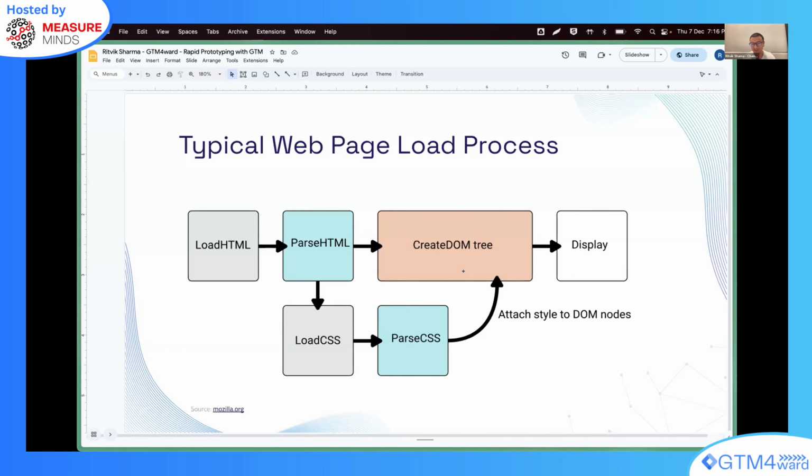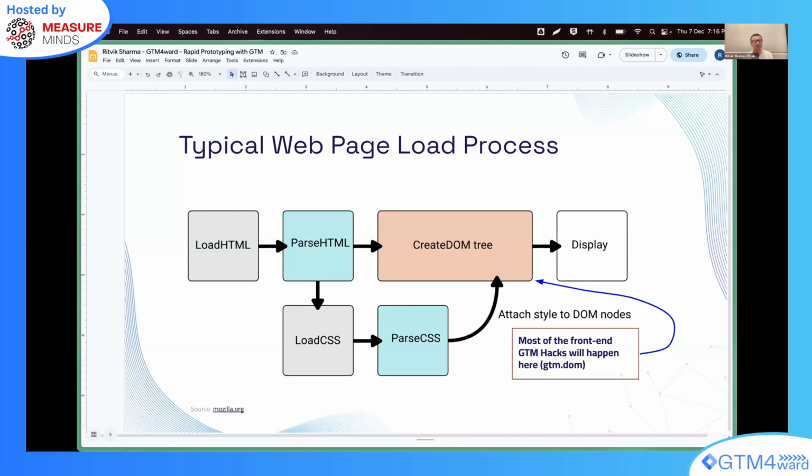When the DOM tree is created, only then you can actually see and interact with your elements and page interactions on your web page. So in order to effectively hack your page-related items and elements, you need to work with GTM in a way that your JavaScript changes or hacks are added just at the right time in the DOM creation process, typically right at the moment when the DOM is ready.